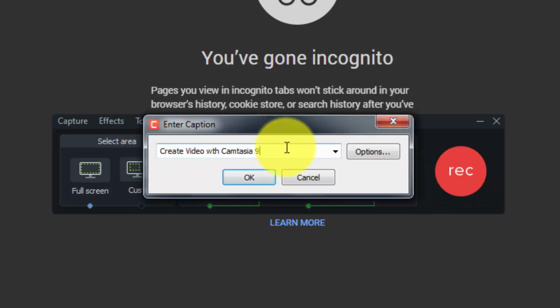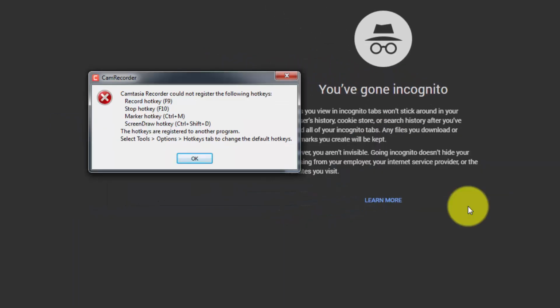You'll notice that we get the opportunity to change our caption. So we'll call that Create Video with Camtasia 9 Test. And then we'll click OK. Now we're going to see this throughout this course because we're using two forms of Camtasia Studio in order to record the course. You will not see this error message. So just to get rid of the error message, I'm going to click OK